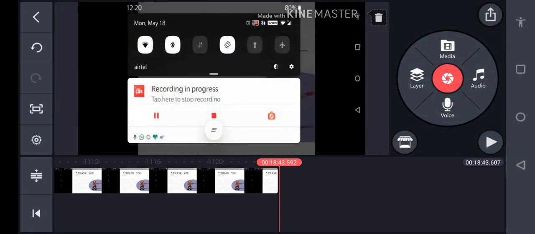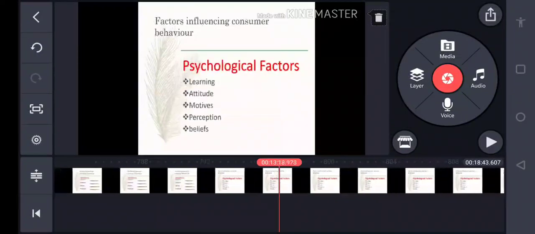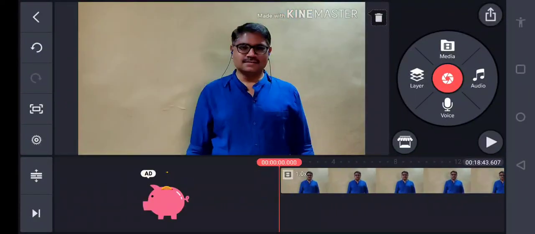Now this is the main screen where I wanted to come back. This is the main KineMaster media screen. Now both the video files are on the left hand side. I have to bring them to the right hand side of the playhead. So what I will be doing, I'll just drag it to the right hand side. Simply I'm dragging it. So everything has gone to the right hand side.